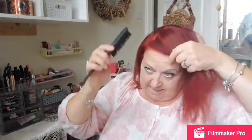So all this hair here is going to be backcombed. So I'm going to make a part in there, and I want to keep one section just on its own. I'm just going to pop a little hair grip in there. So here we go then. Let me get some product out to have a good old spray. Okay, so I'm going to take very small or smallish sections